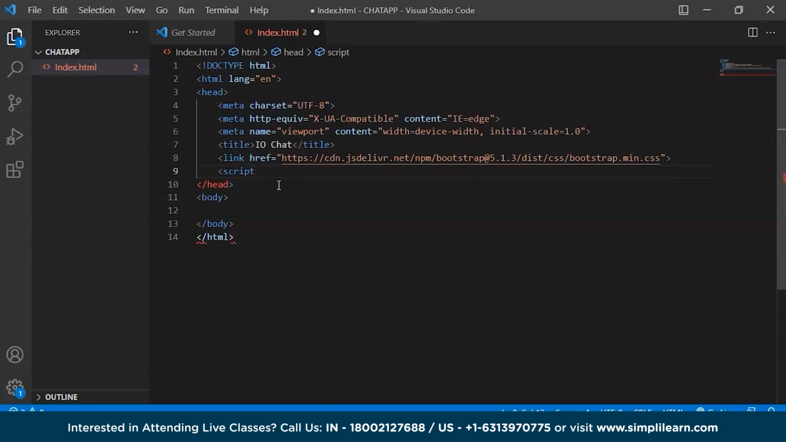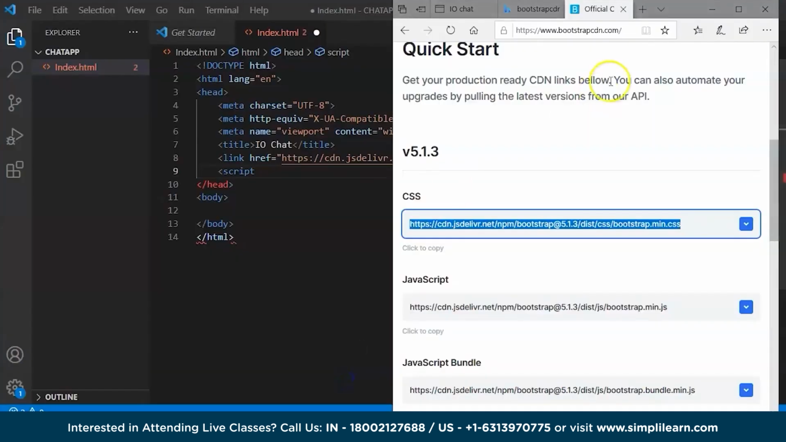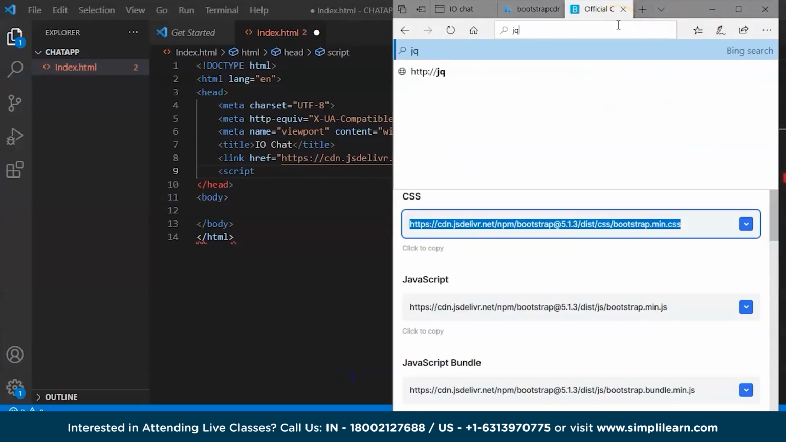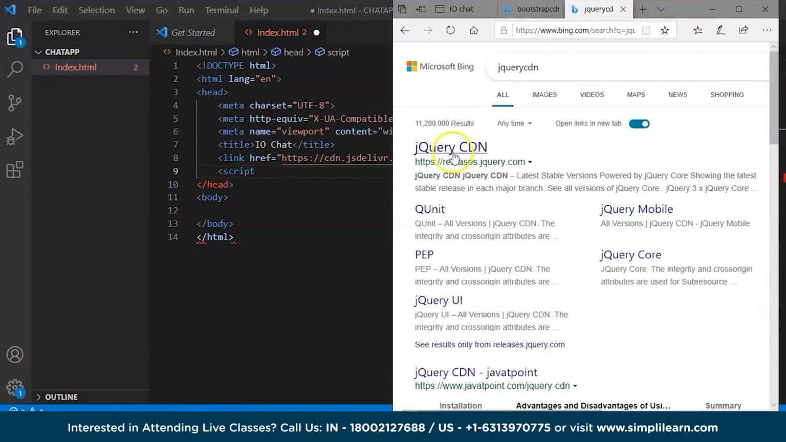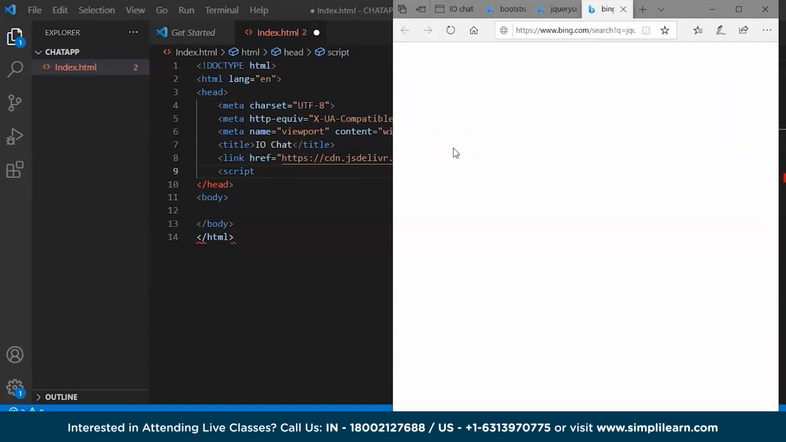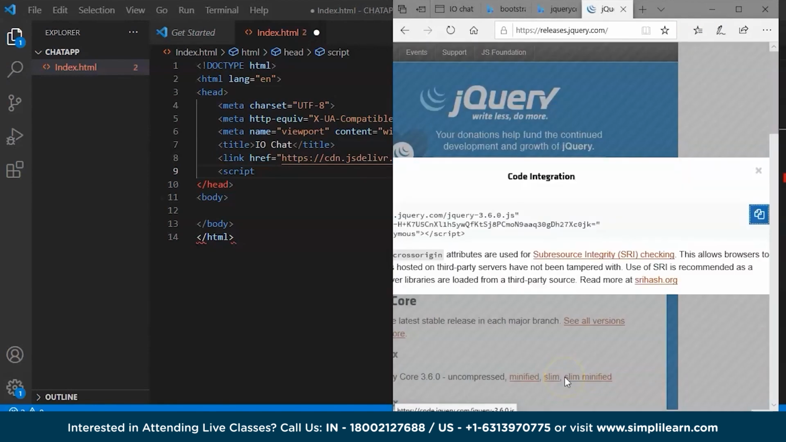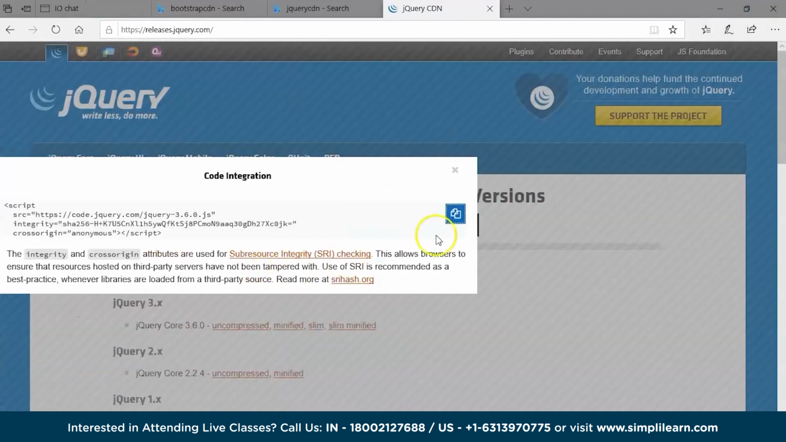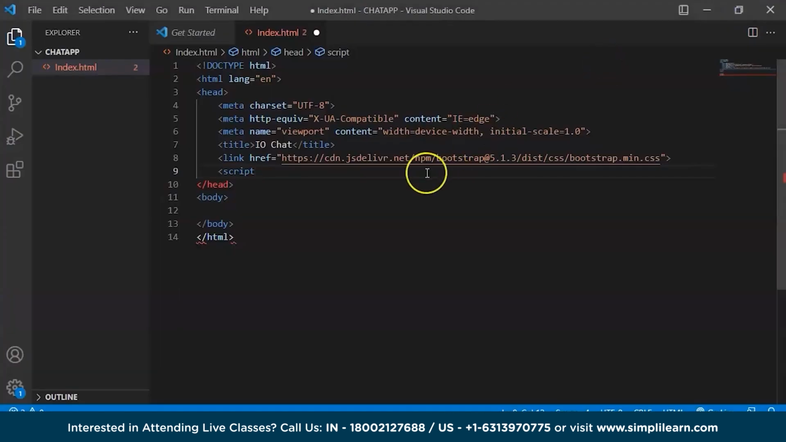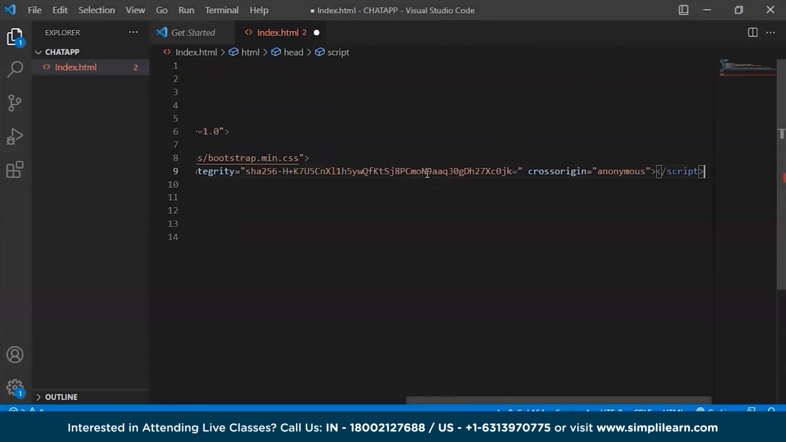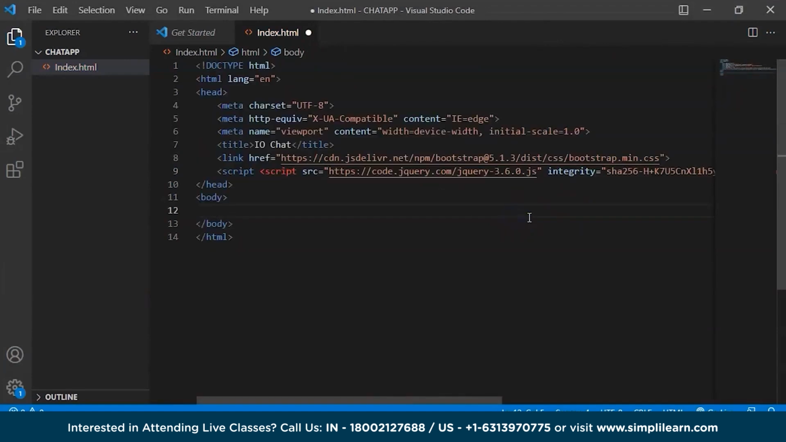To get the CDN for jQuery, go to the browser and just type jQuery CDN and open the first link. Click on uncompressed and copy this. Go back to Visual Studio Code and paste it. So after this is done,